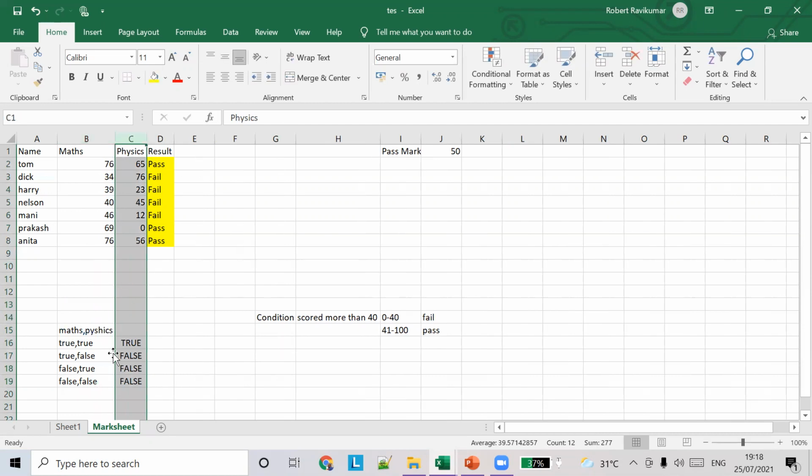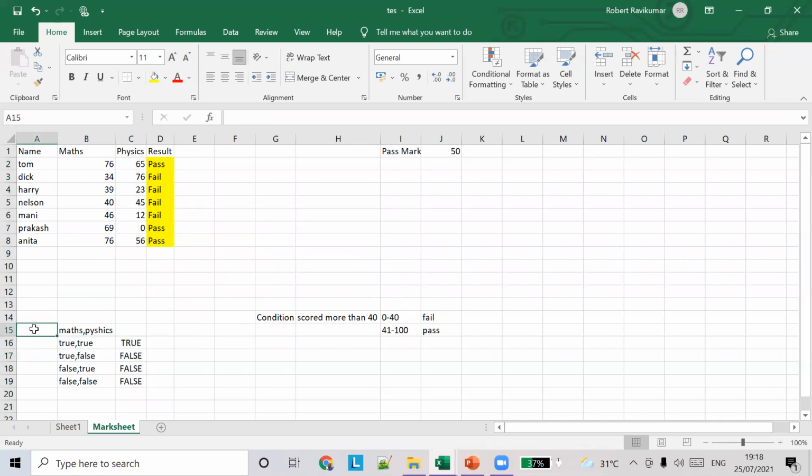He has passed in maths and physics, true. He has passed in maths but fails in physics, false. It should be fail. If he failed in maths but passed in physics, it's false. And if he failed in both the subjects, it's false. Is this clear for you guys?